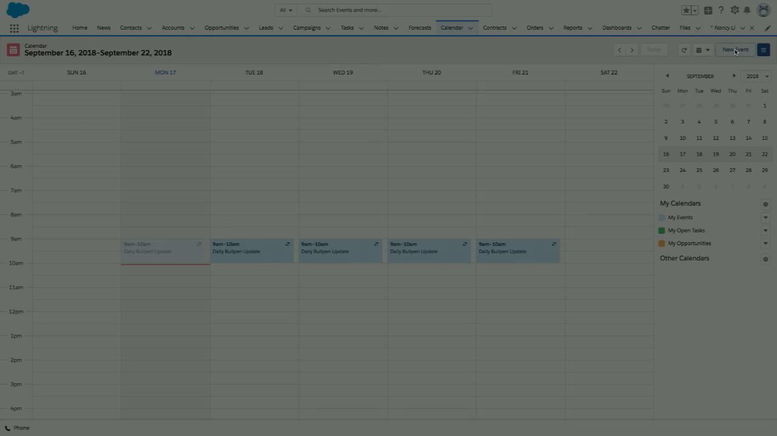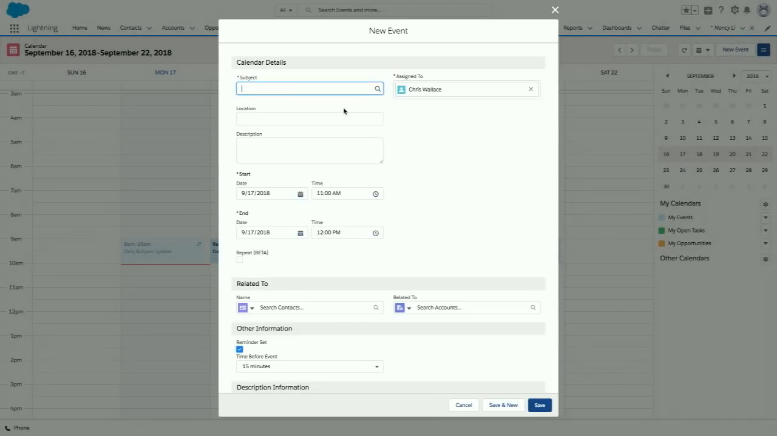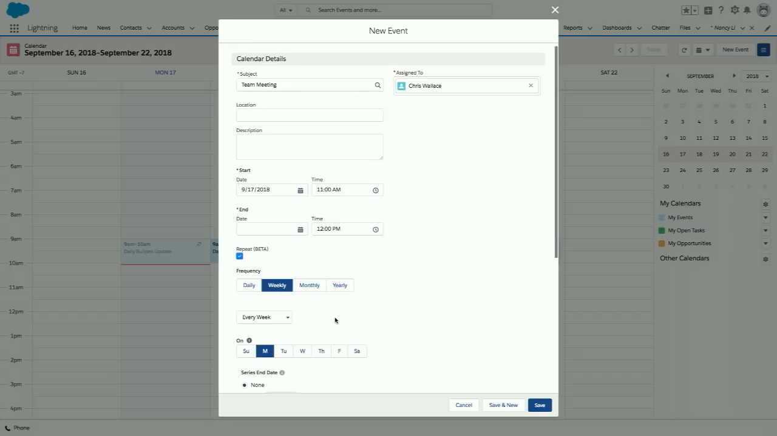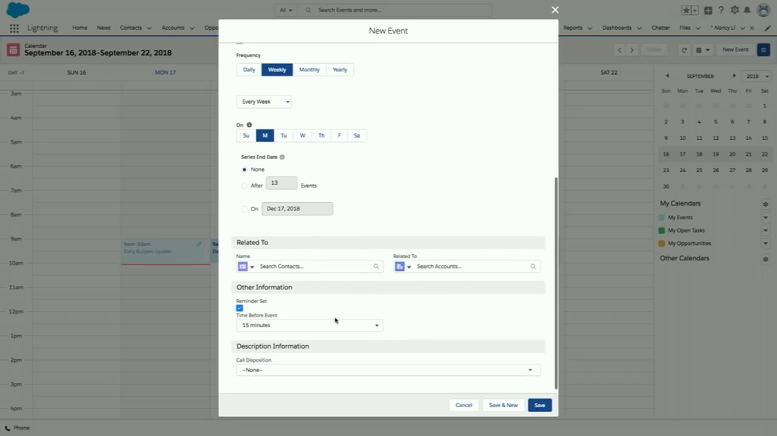I'm going to schedule a new event, just like you would. This is our team meeting. Any details that need to happen. And I'm going to click this repeat checkbox that's in beta. I want this to recur weekly. Every week on Monday is fine. And everything else is all set. I hit save,